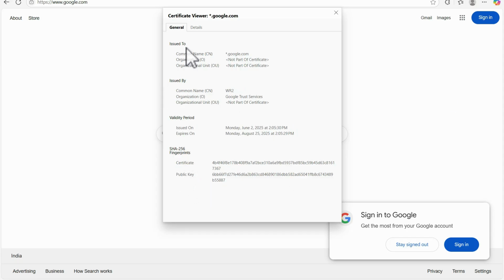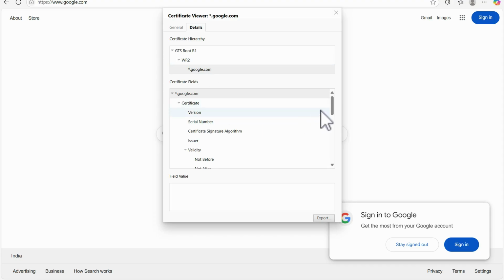If we click on details, we get other details like certificate version, serial number, and certificate signature algorithm, meaning which algorithm this certificate is using. This is the issuer: CN, organization Google Trust Services, and country US.